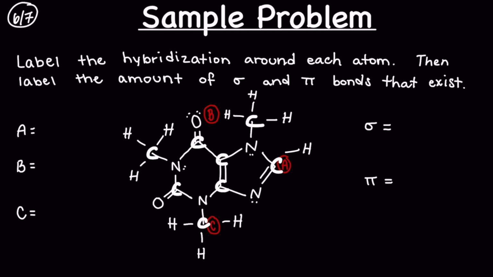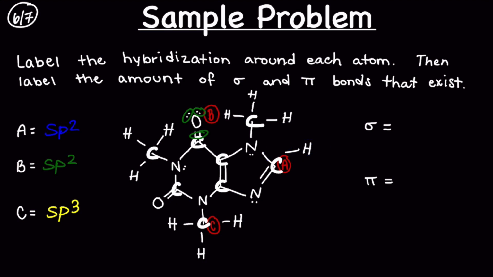Starting with atom A, this carbon, it's connected to 1, 2, 3 things, meaning that it is going to have an sp2 hybridization. Atom B, this oxygen, again, it's connected to 1, 2, 3 things, so it's also going to have an sp2 hybridization. This carbon atom here is connected to 1, 2, 3, 4 things, so it is going to have an sp3 hybridization. Cool. I'm going to erase these marks because we will now